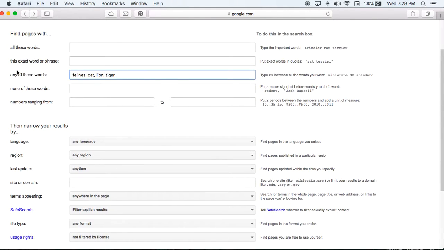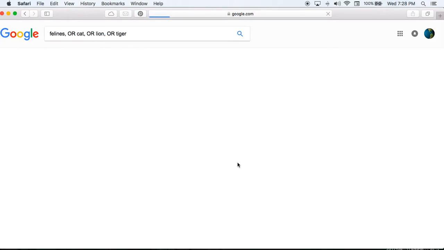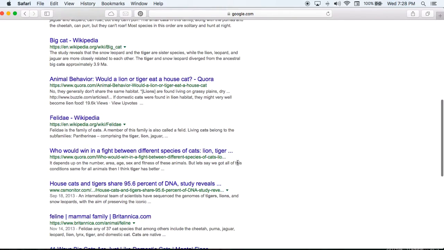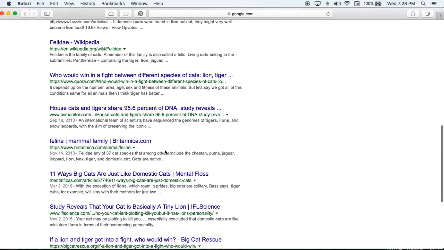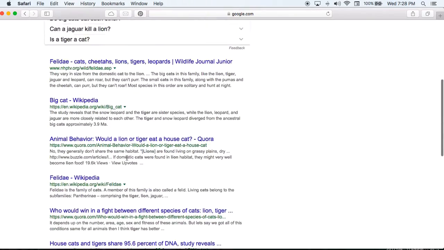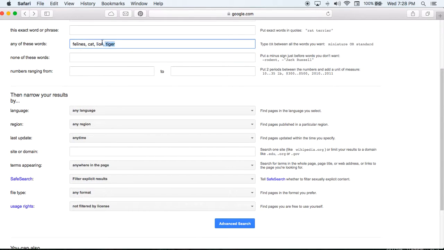So I'm using this function right here, any of these terms, because any of those would do. So there we go. Big cat, feline, house cat, tigers, all of those. And so that's how you use where any of those words would do